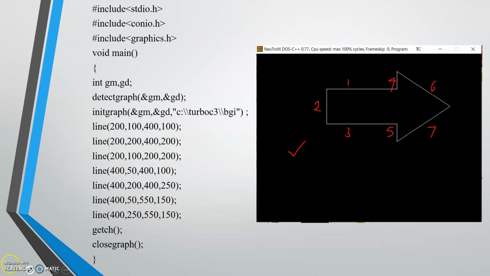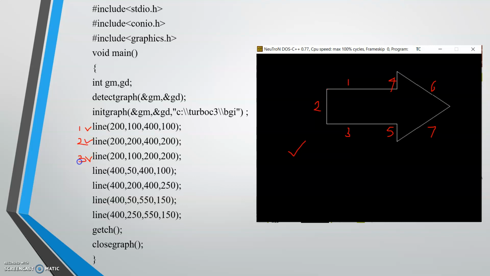Then we have finalized that I need 7 lines to draw this arrow, and I need a line function. Okay, how can we draw a line in computer graphics? By using a line function. So I have finalized that I have to use a line function.